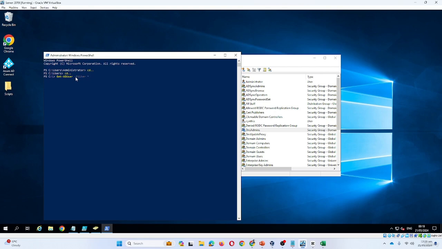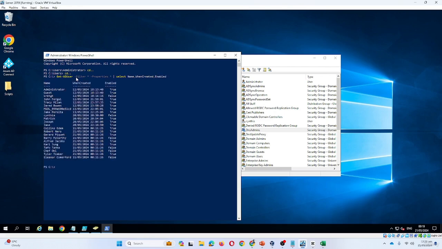We want everything to do with filter. Then we'll give the properties switch, and we want everything in that as well. Then we want to pipe this to only give us specific information like Select, probably Name, and WhenCreated. Obviously it would be today's date, and let's say Enabled, true or false. So just this quick return,